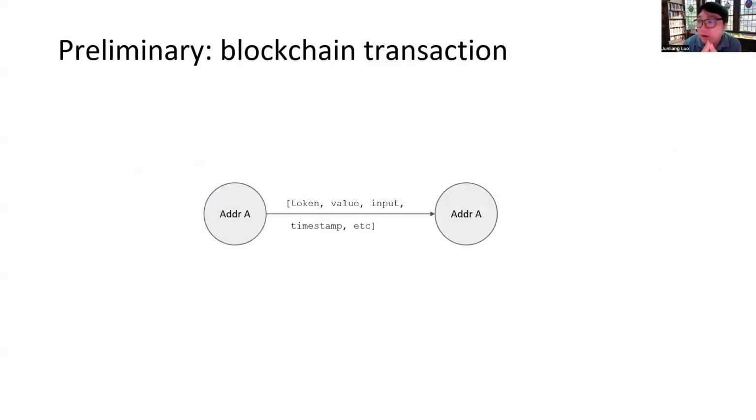So back to our topic. I will start with some basic stuff: transaction, address and smart contract. So basically, a transaction is just a transfer from address A to address B, with what token you transferred and how many tokens you transfer. For example, you can transfer 2 Ethereum, 3 Ethereum from A to B. And also it carries an input,